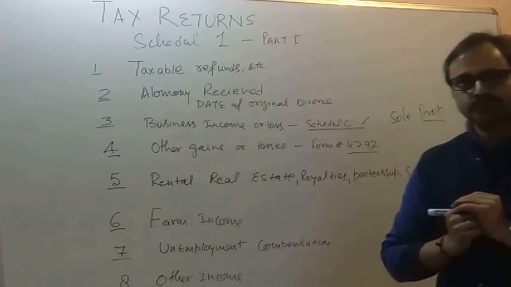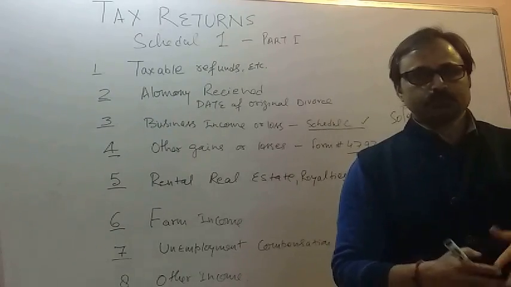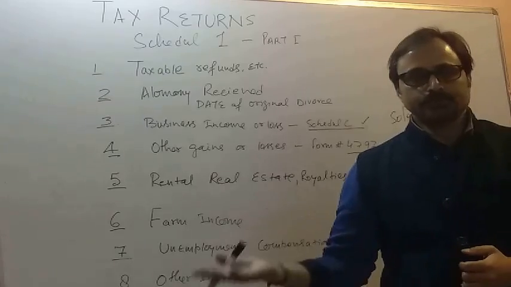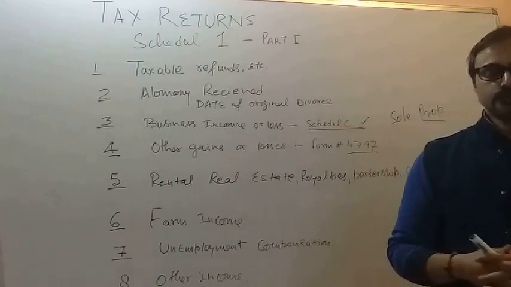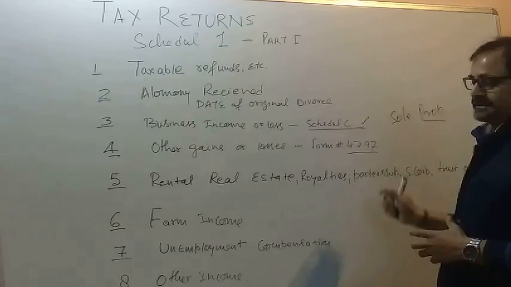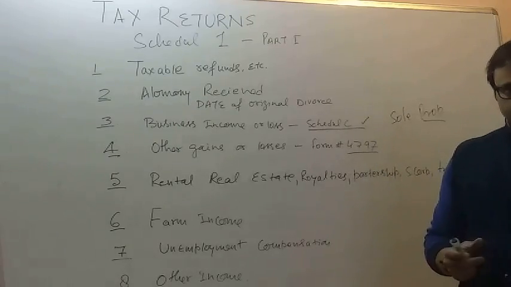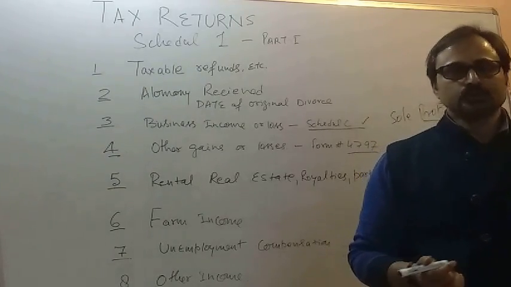This form belongs to whenever a borrower is going to sell a property. It could be a long-term gain, a short-term gain, a long-term loss or a short-term loss, that we are going to review from form number 4797. What I am saying is, whenever the borrower sells his property,